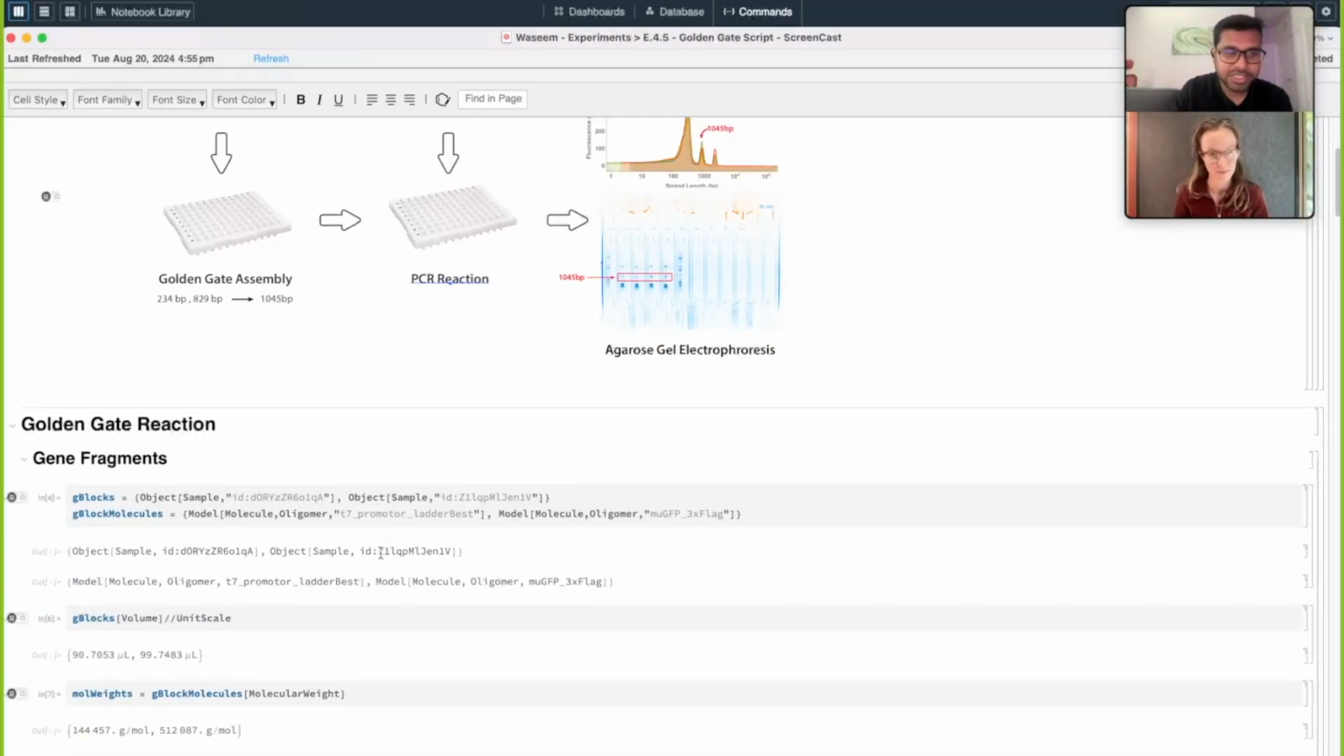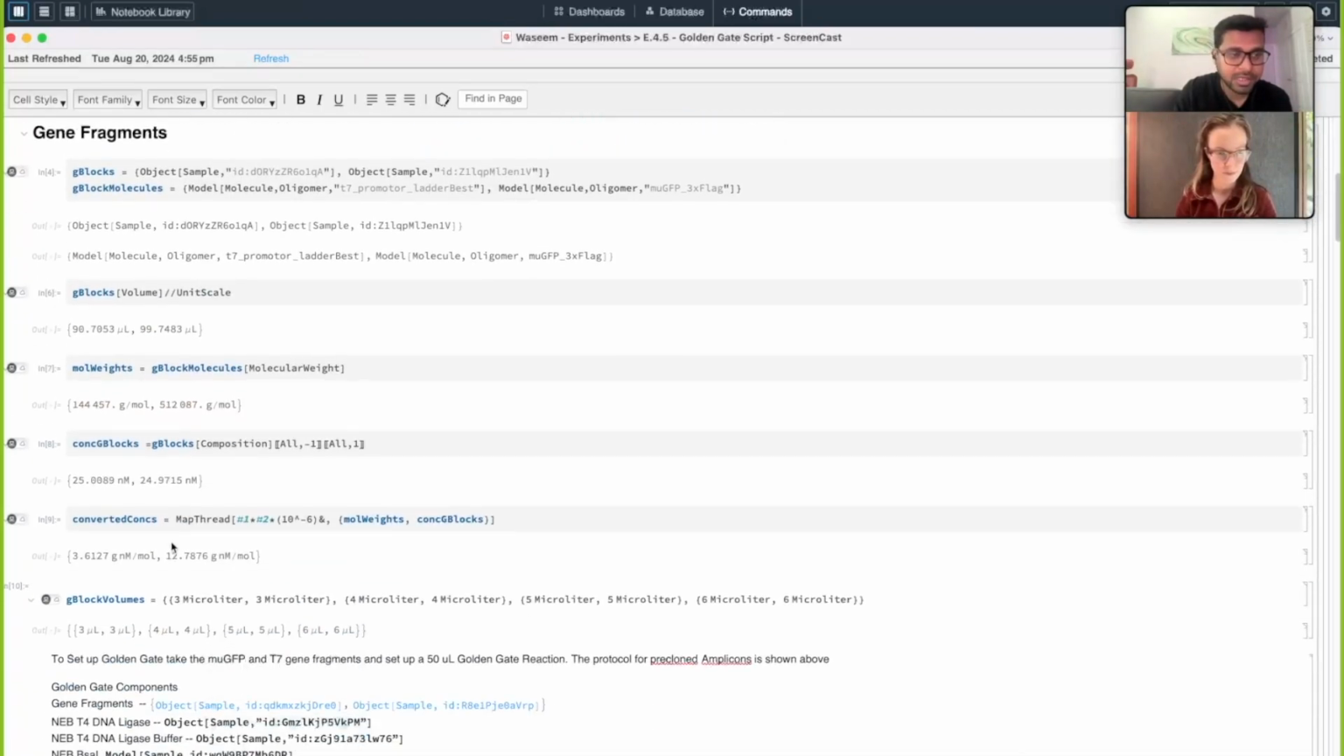Okay, diving into the code. Here I'm giving it what samples we are using. The first one is one of the gBlocks, and the second is the other gBlock. I'm also giving it what molecules the gBlocks are composed of. We talked a little about this in our previous screencast: what an identity model is, what a fulfillment model is, and what the actual sample is. The reason I'm giving it is so that I can identify the molecular weight and the concentration. And what I'm doing in this step is trying to set up a four reaction